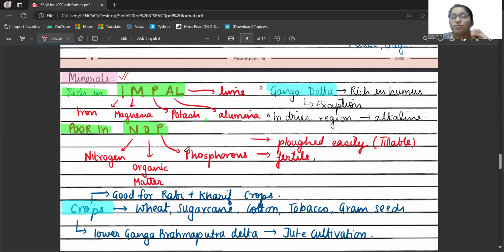And what is it poor in? Poor is NOP. Nope. Okay, don't add the E at the end. Nope. Nitrogen, organic matter, not oxygen. I have seen multiple students write oxygen over there for some reason. नहीं, oxygen नहीं है, वो organic matter है. And P is phosphorus. So rich in IMPAL and poor in NOP. Is that clear? 3-4 बार लिखना है इसे, पॉज करना है वीडियो, लिखना है। ओके, एंड देन रीस्टार्ट द वीडियो